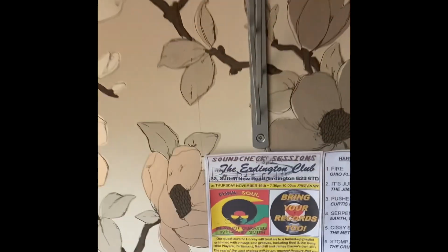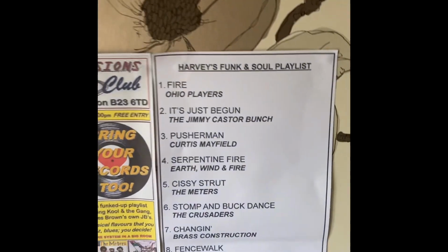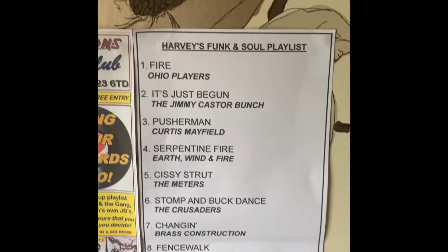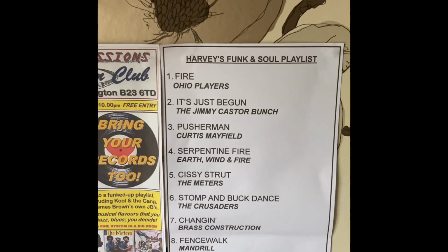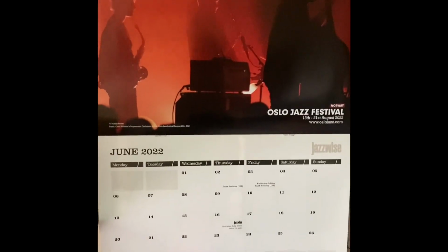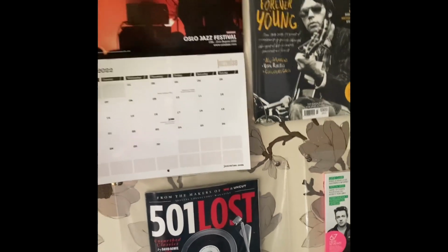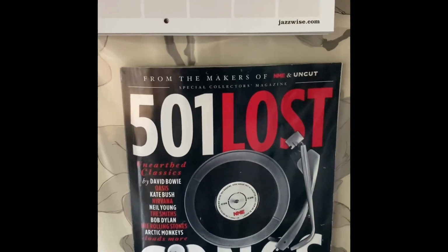Then this is a set list from a mini DJ set that I curated with some friends at a local club. You can see that was my Funk and Soul 9-song playlist, which I played on vinyl. That set, got a jazz calendar there for 2022. Couple of magazines. That's a great one-off magazine, 501 Lost Songs. Couple of